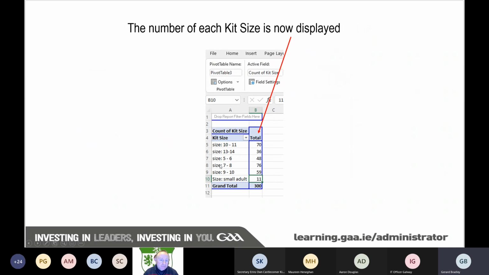When I do, bang, it adds it all up, tells me the number of each size I need, 300 in total. I'm glad of that, there's 300 records. And there's each size you require. You go to your local store, supplier, whoever you get your kit from, and that's the number you need to